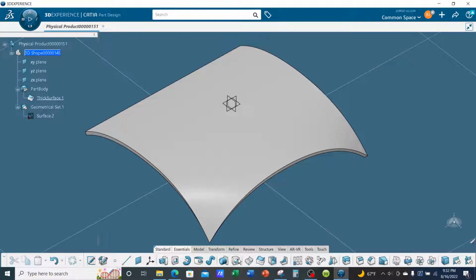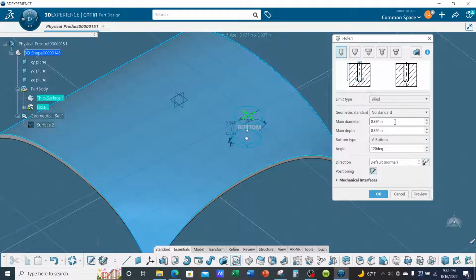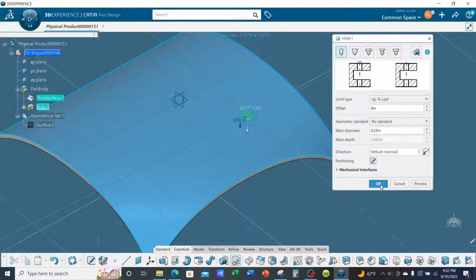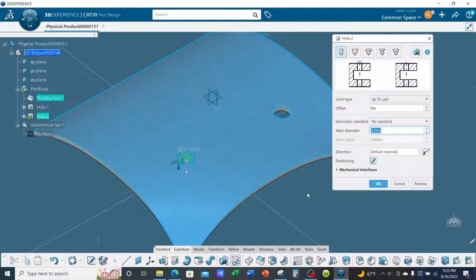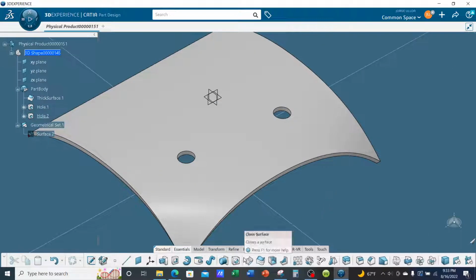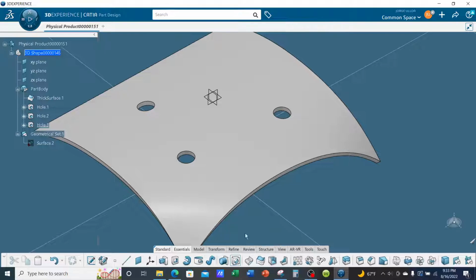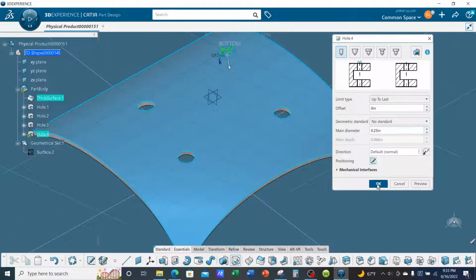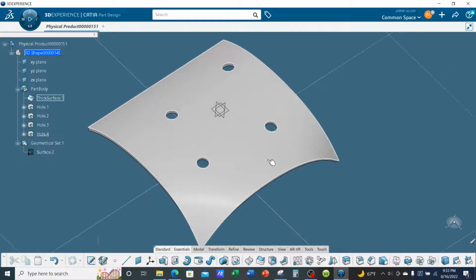And I'm going to put a few holes on the surface. I'm going to make them larger than what I need. I'll make them 0.25 in diameter up to last. Let's throw in a few more holes. Okay, so let's say you have this solid,